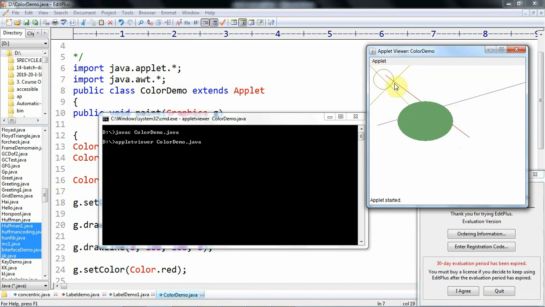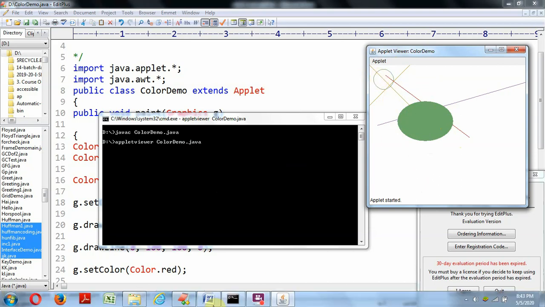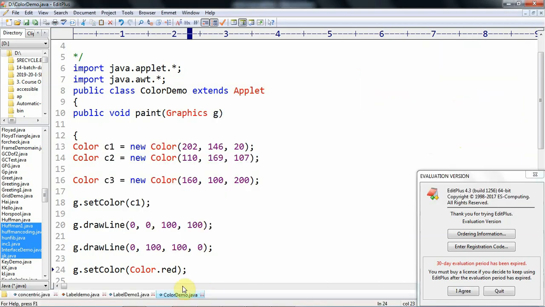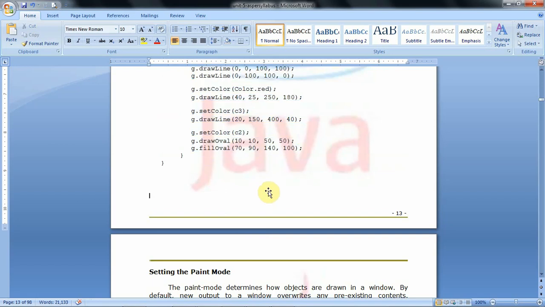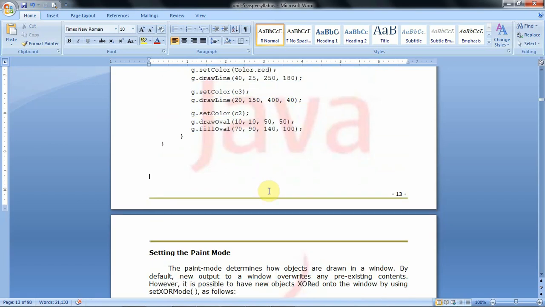Then the lines are drawn with specified colors. So this is the program that demonstrates color setting for the drawings. So that is about the Color class.